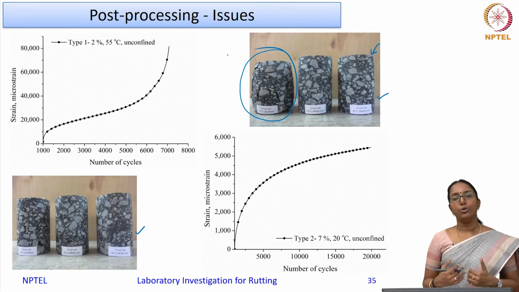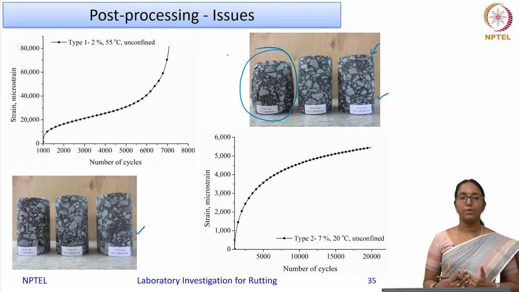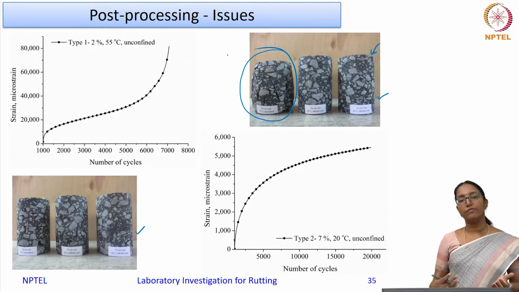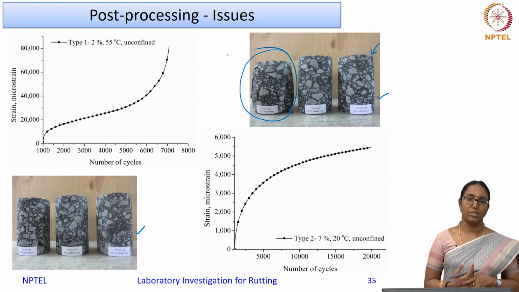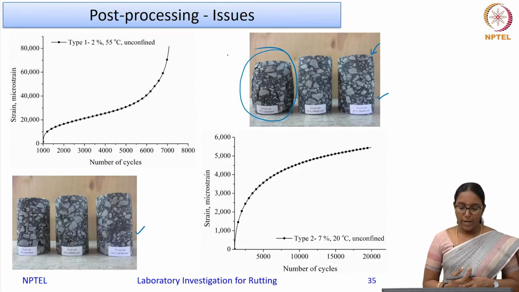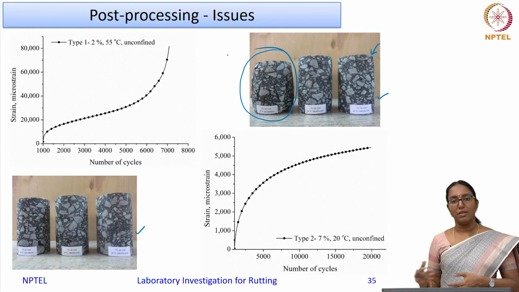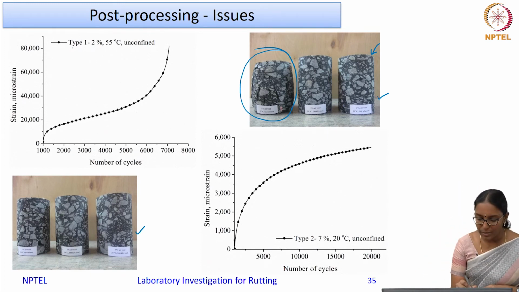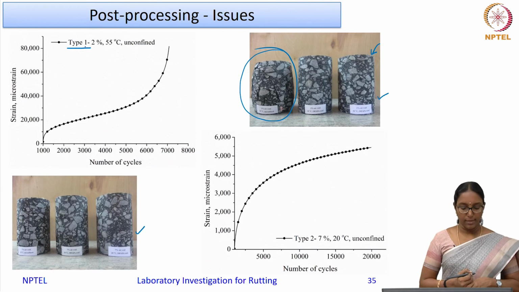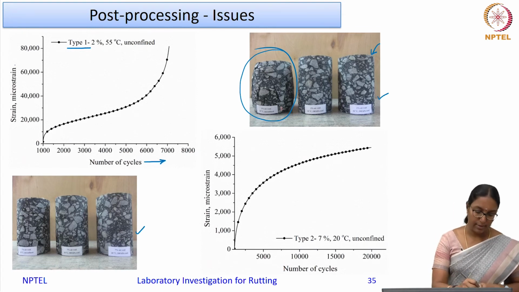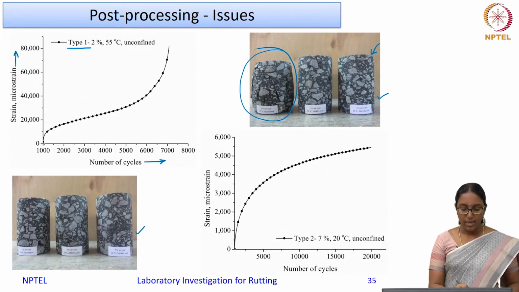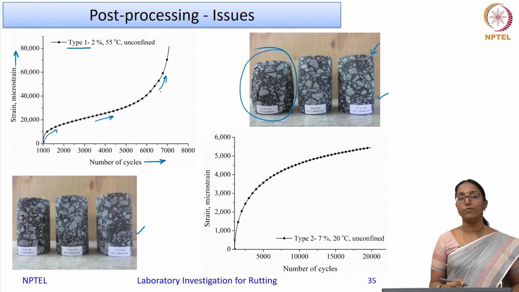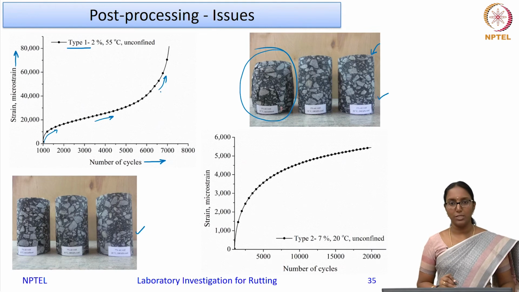We tried to draw the three-stage creep response, or the strain response, of all these samples, and we could identify many types of three-stage responses or creep responses. As you can see, we have named them type 1, 2, 3 and 4. This is the type 1 response. This is the number of cycles on the x-axis and strain on the y-axis. What you see is a typical three-stage creep response. You have a primary stage, a secondary stage and also a tertiary stage, so it is easy for you to identify the flow number for this material.